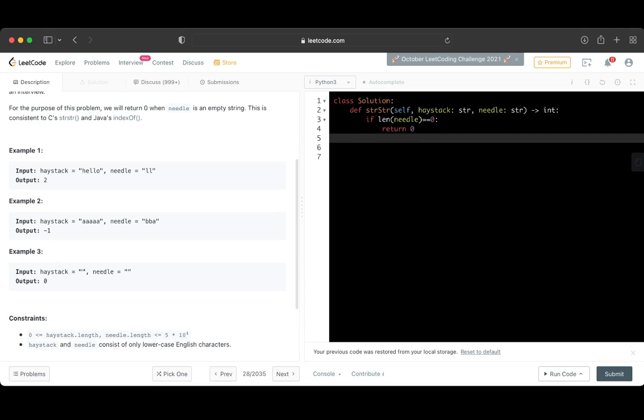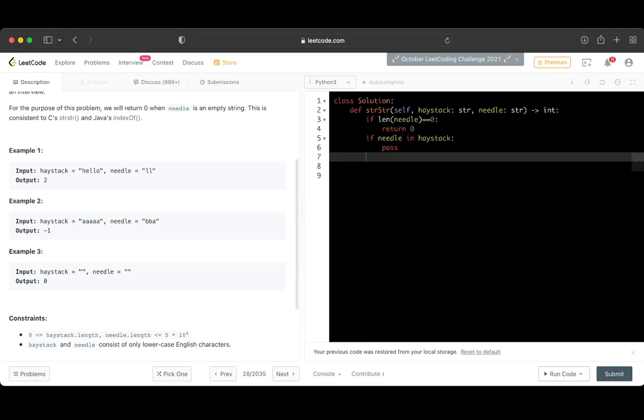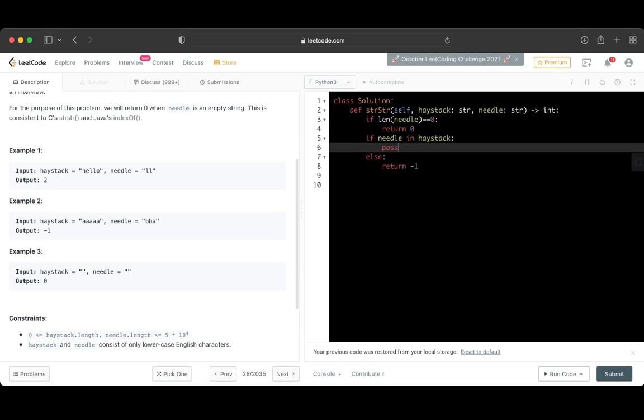Now we will check if the substring is present or not. Else, if it is not present, we will return minus one. So if needle in haystack, okay, we will pass it for now. Else, return minus one. So if needle in haystack,